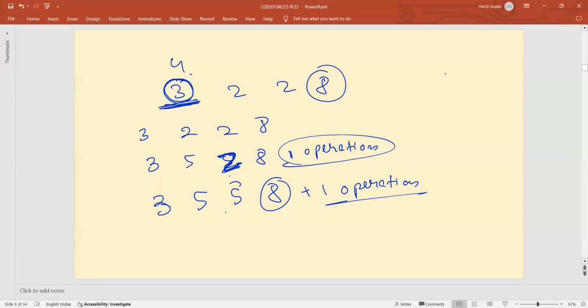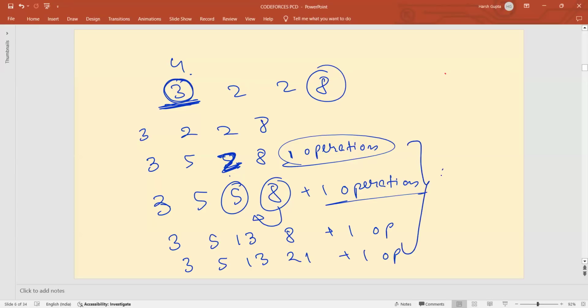Whatever odd number you choose, let's suppose I choose 5. This 5 will get added to 8, so the numbers will become 3, 5, 13, 8 after one operation. After that you will be able to change this 8 to an odd number: 3, 5, 13, and 21. So the total number of operations required is 4, and it's not possible to do the same in 3 operations. Even if you choose the alternate path, that is you choose 3 and 8 first,